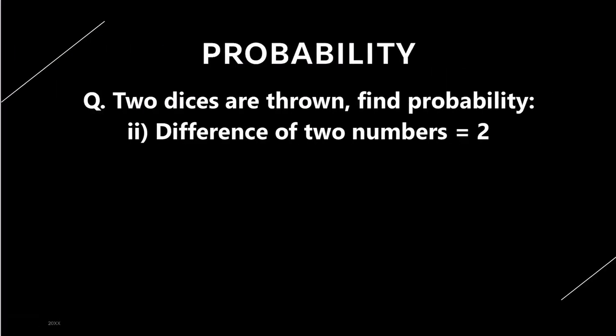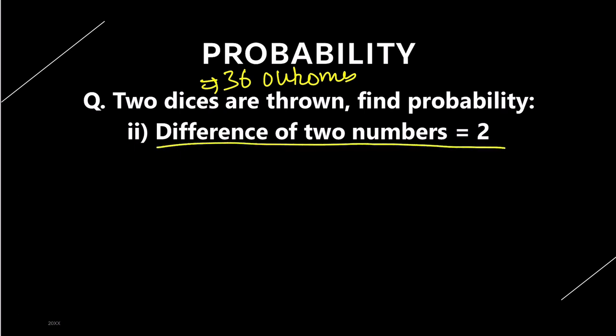Now, two dice are again thrown. So how many outcomes are possible? That is 36 outcomes. Find the probability that the difference of the two numbers is 2. So if I have a number 1 on the first dice, what could I have on the second dice? That is 3. 1 and 3 could be one case where the difference is 2, and